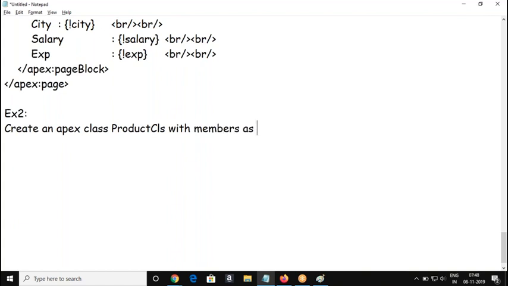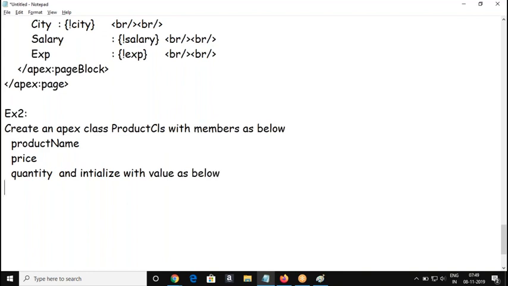With members as below. All right, the members: the product name, price of the product, quantity of the product. And initialize with values as below.